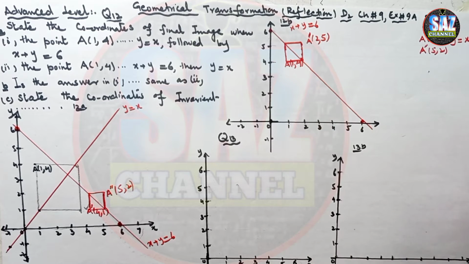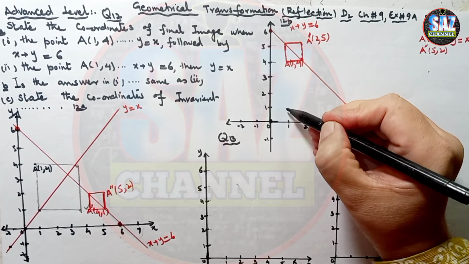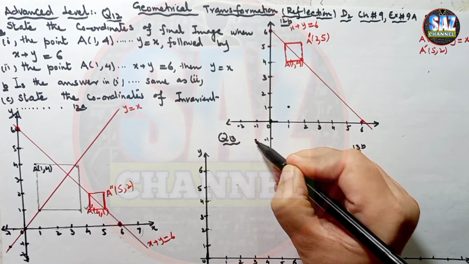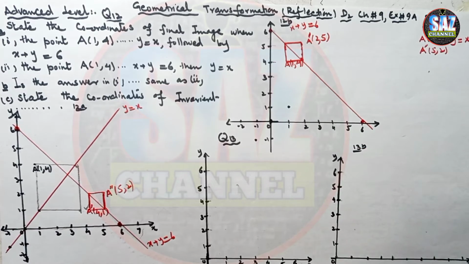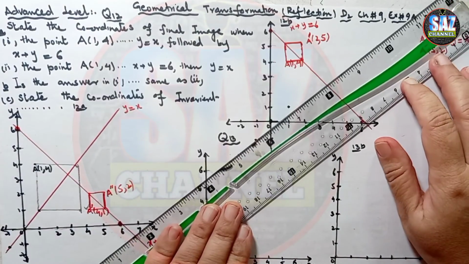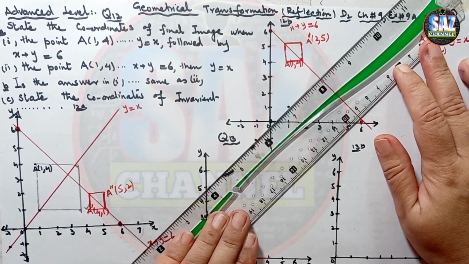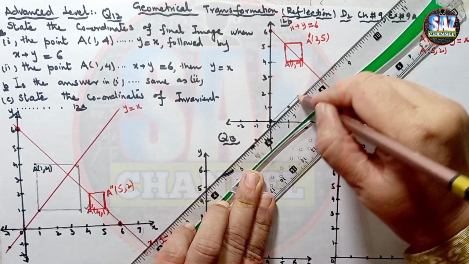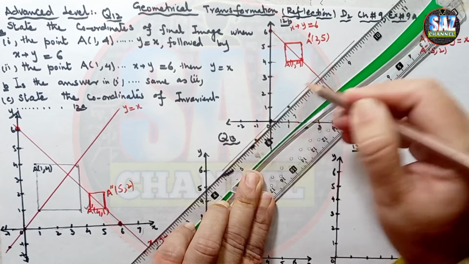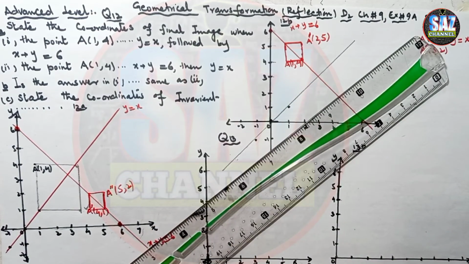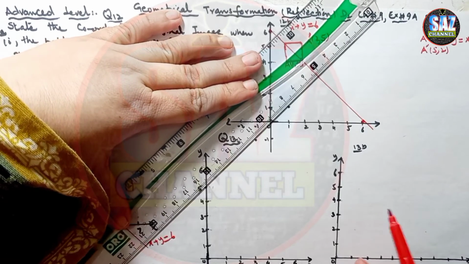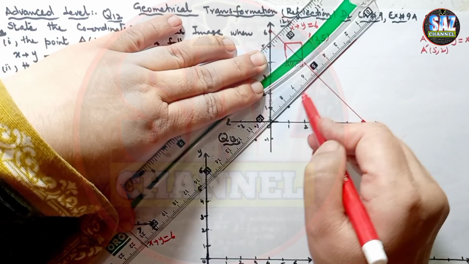When x is 0, y will be 0. When x is 1, y is 1. When x is -1, y will also be -1. And now I have to draw the line that should pass through these 3 points, and that will be the mirror y equals x. Let me draw the mirror line y equals x, and let me make it a little bold for you, and this can be taken in this form.